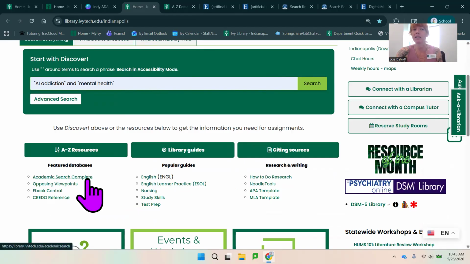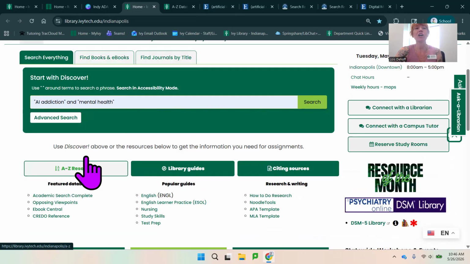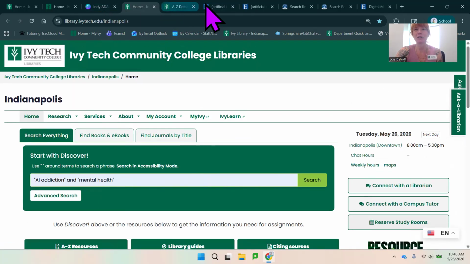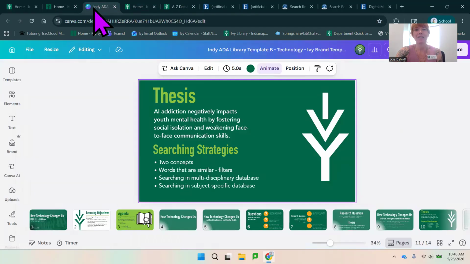This Academic Search Complete is a multidisciplinary database, just one database versus 134. And then you can get into A to Z resources to find specialized databases, no matter what your topic is. I showed you Communication and Mass Media Complete, but we also have tech databases. We have education databases. They're so good. And so going back to our presentation and seeing what we had there,